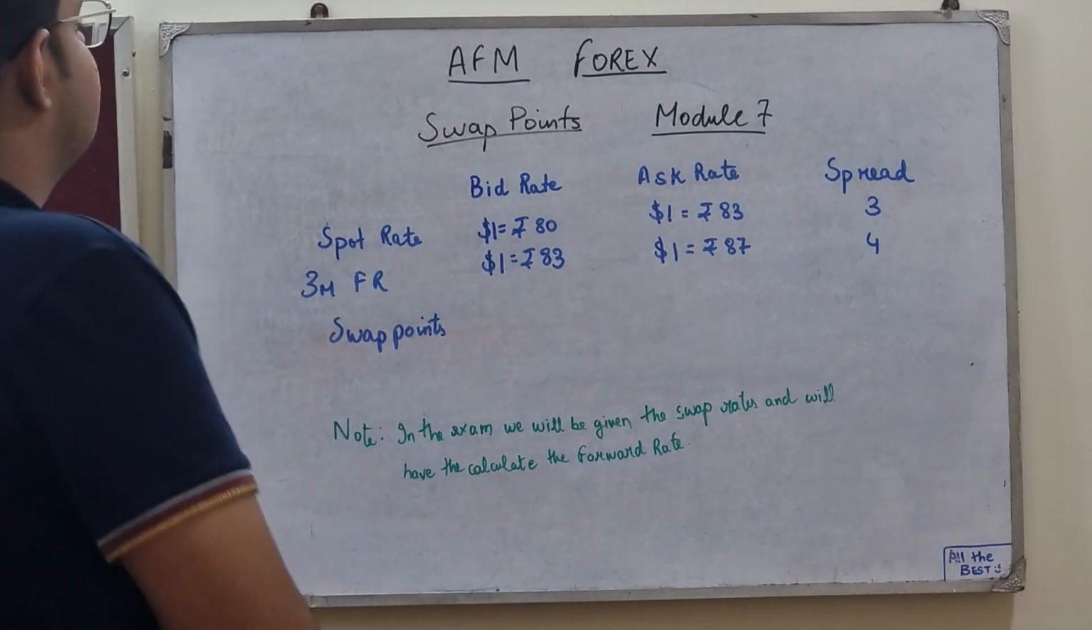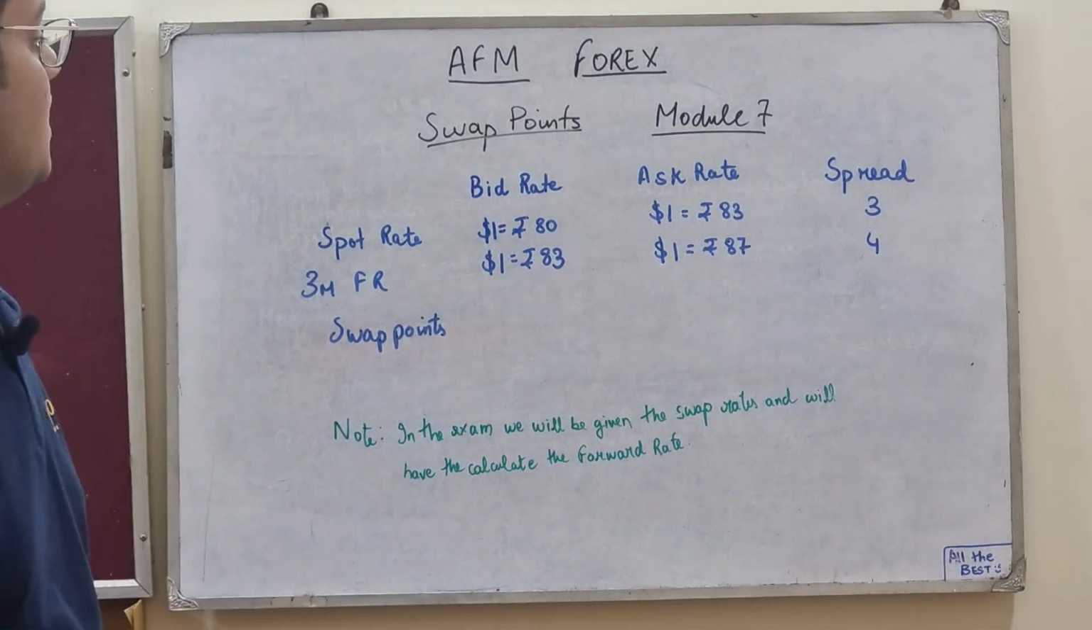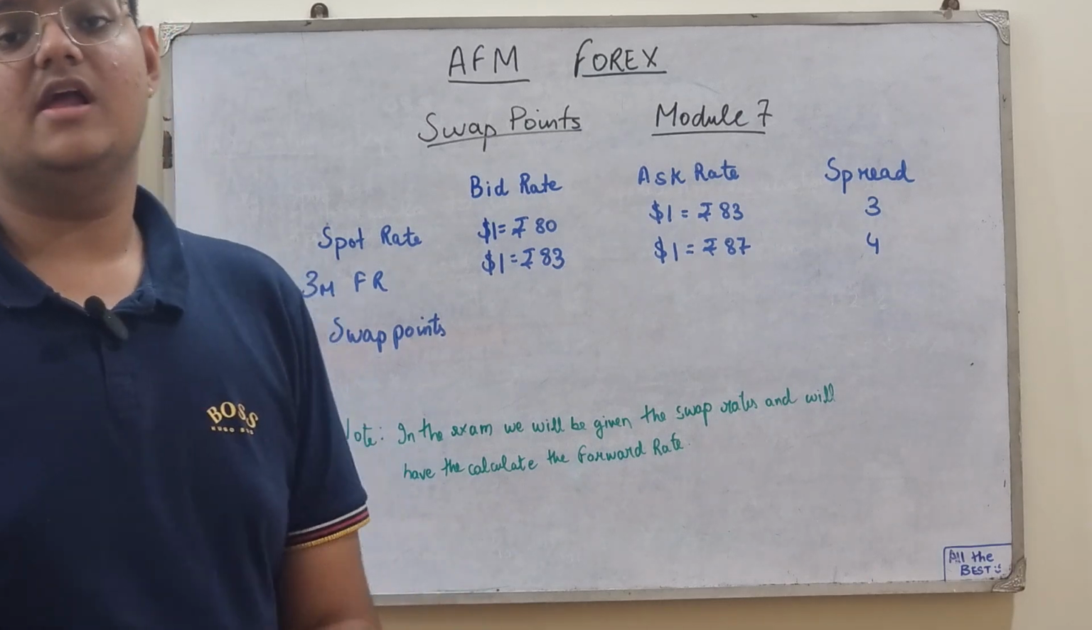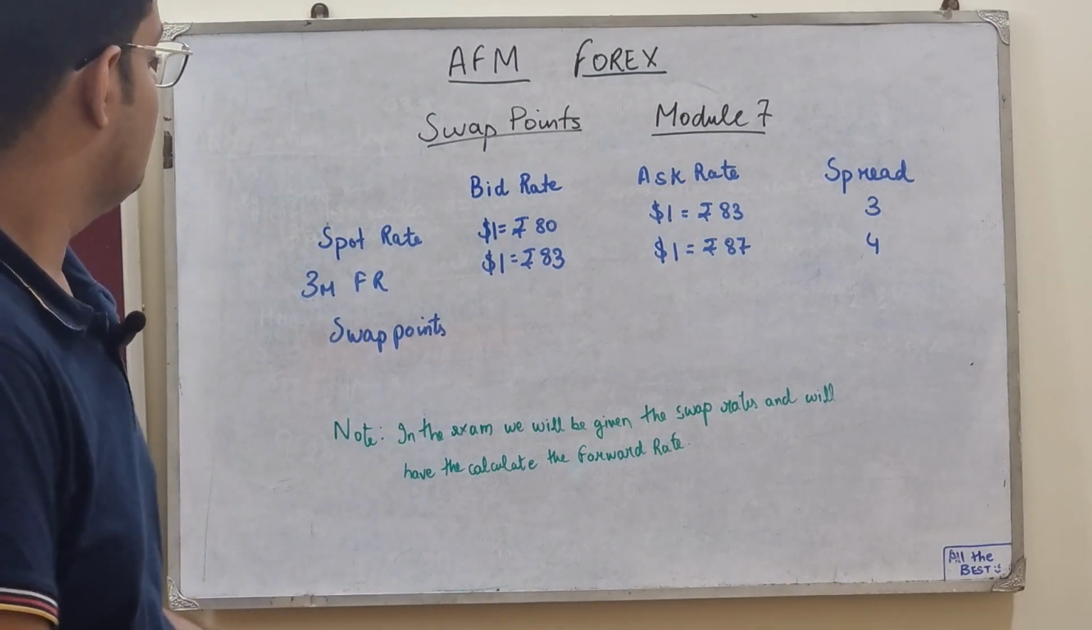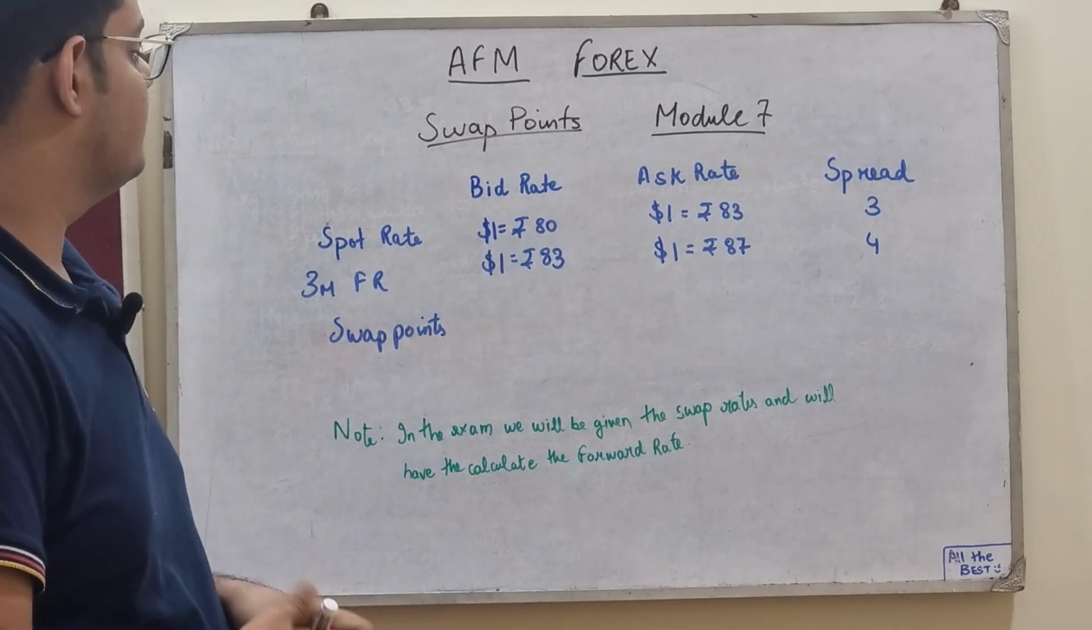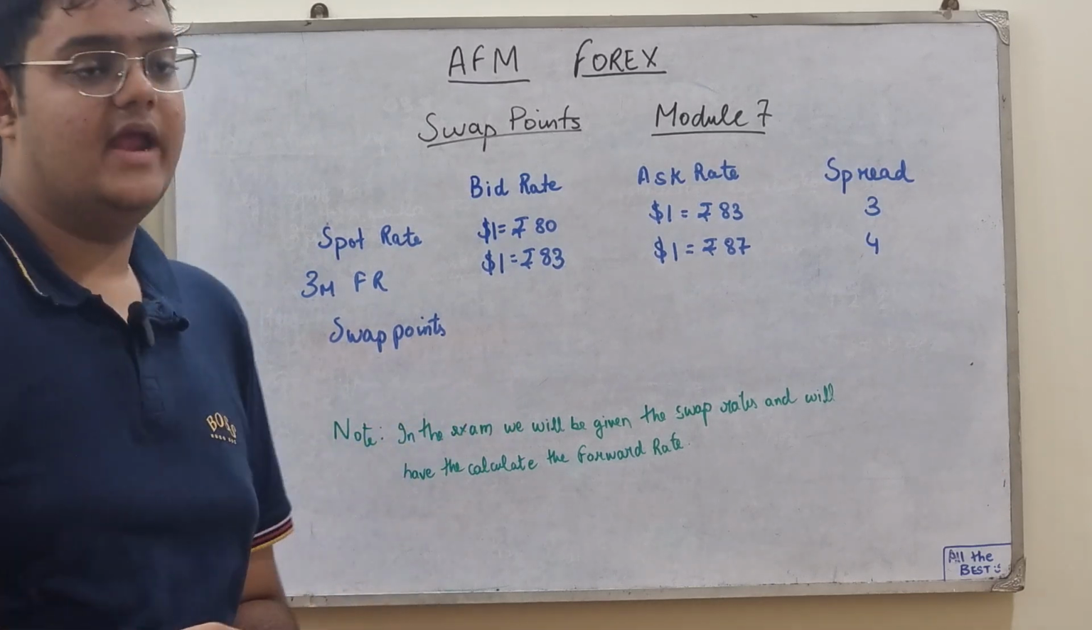Alright, let's start module 7, that is swap points. This is a fundamental thing that will help you understand future questions. Let's begin. We are taking an example where the spot rate is $1 is equal to 80 rupees, that's the